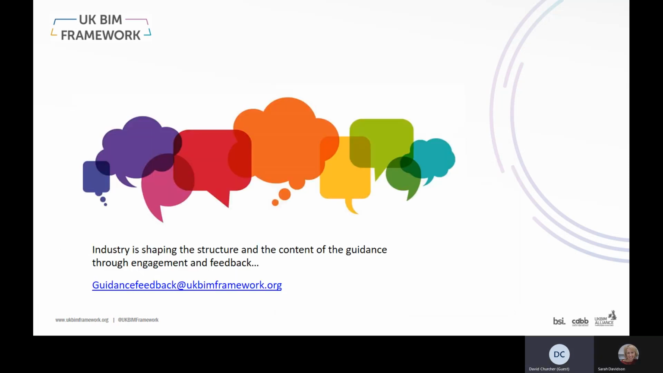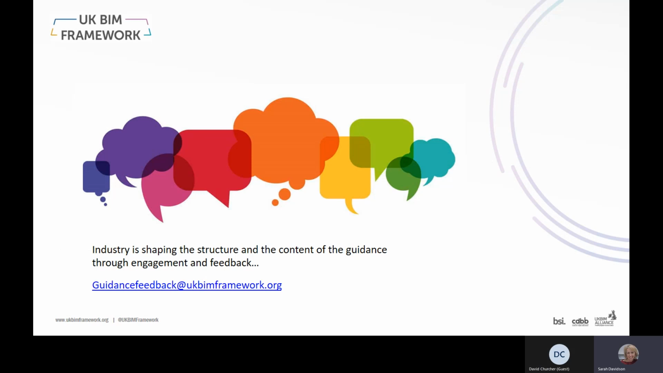The guidance was first published in April 2019 in the form of concepts guidance. Part 2 guidance followed in July and has been subject to update and expansion every quarter since then. We welcome and encourage feedback from the whole community, as this is fundamental to shaping the direction of the guidance. So if you have feedback on the guidance, please do email us on guidancefeedback@ukbimframework.org. The 4th edition of ISO 19650 Part 2 guidance was 160 plus pages long, and this was clearly becoming